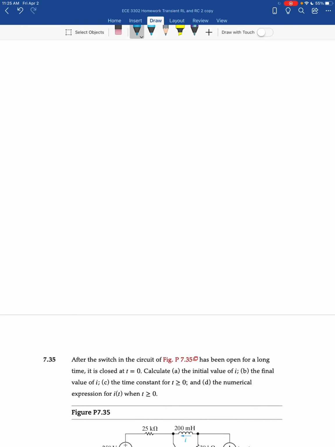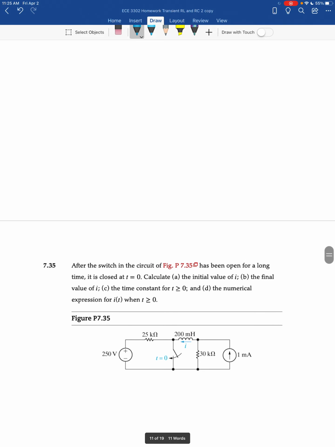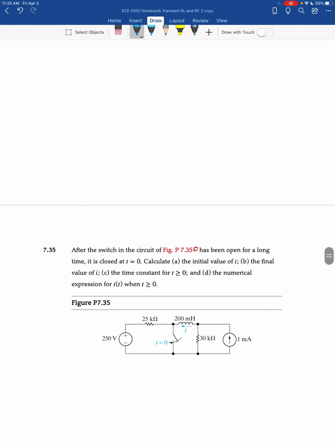7.24. So the next video will illustrate, starting with problem 7.35, what you do when you have sources after the switch moves to t greater than 0. It's actually exactly the same. The only difference in a problem like this is you will not get a non-zero current or voltage at